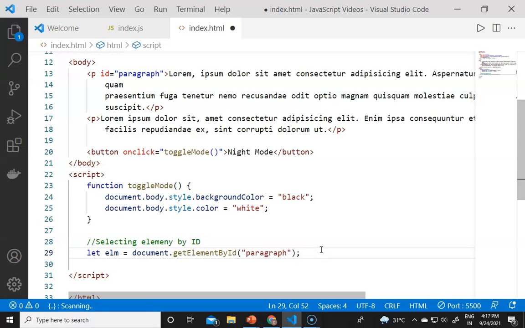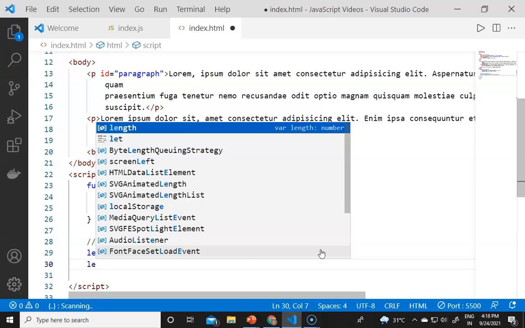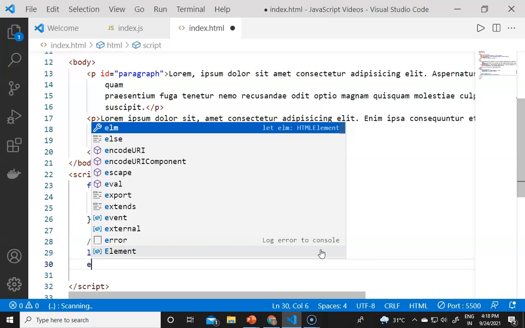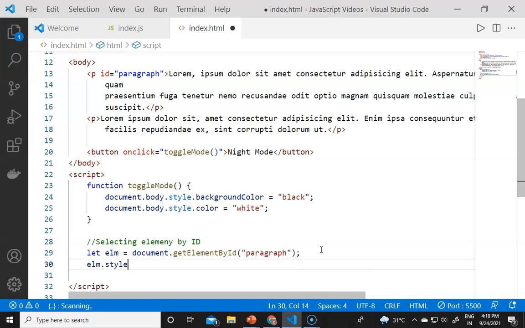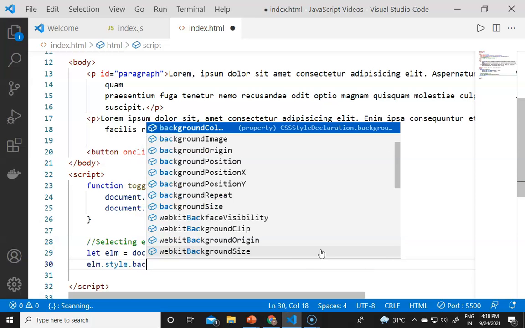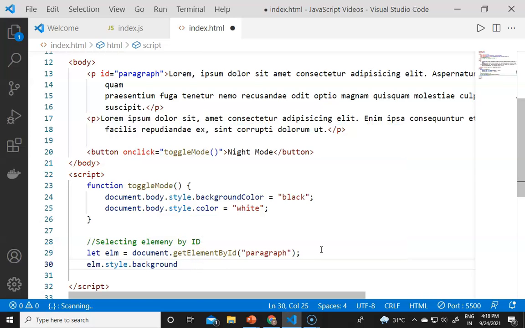And now if I want the background color of the paragraph to be gray, then it would be element.style.background equals gray.